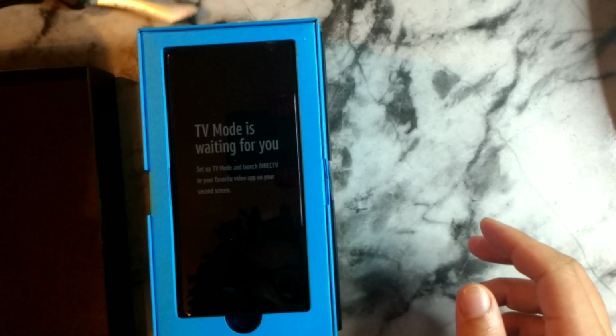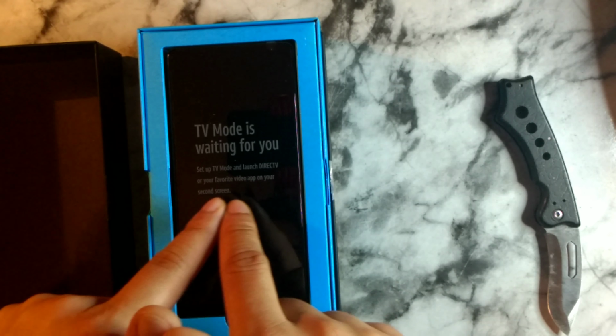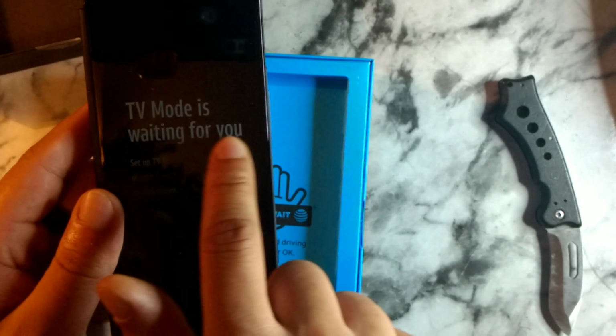Right here at the top it does say TV mode is waiting for you. Set up TV mode and launch DirecTV or your favorite video app on your second screen. So that gives you an idea what we're gonna look forward to. It says second screen, but this is just the unboxing video, so make sure you guys stay locked in. So we're gonna go ahead, pop that open, and what we're greeted with, it says right here, waiting